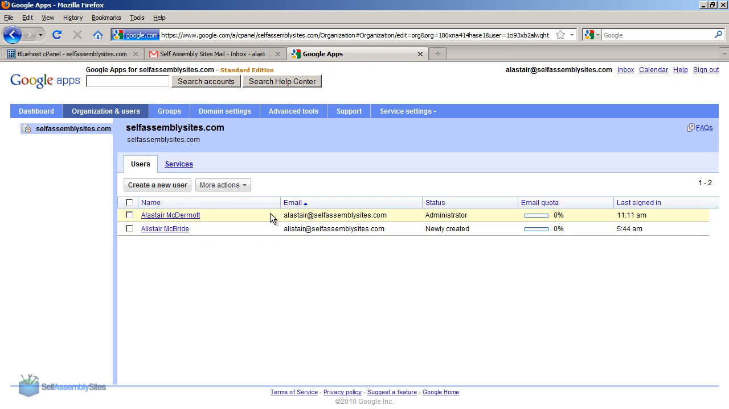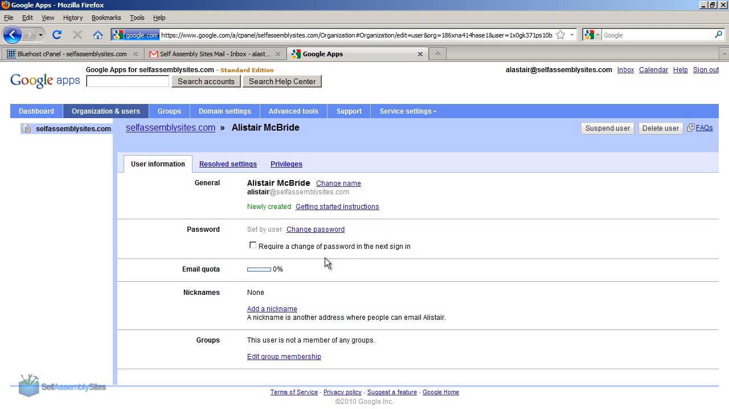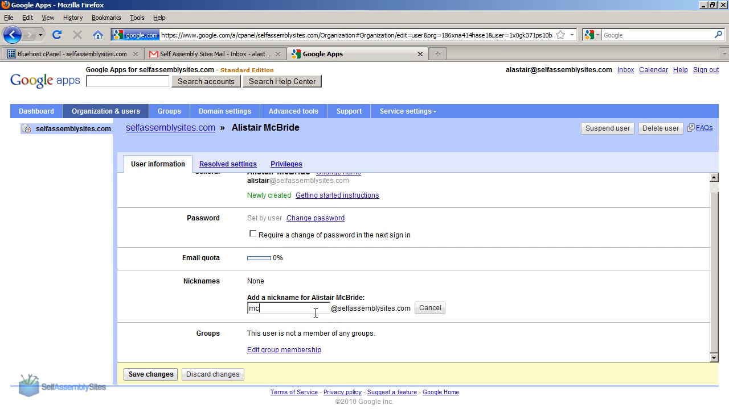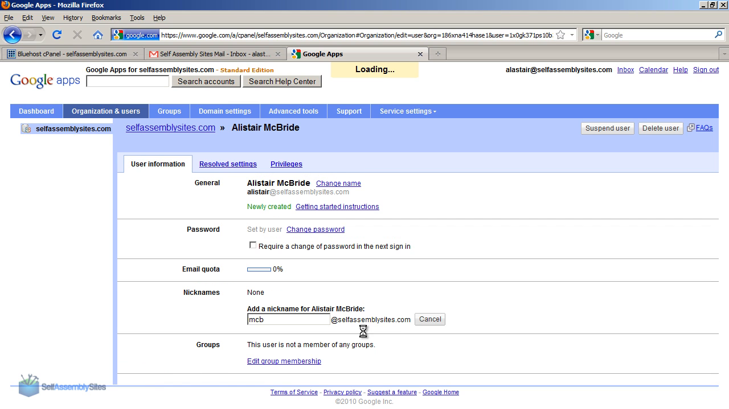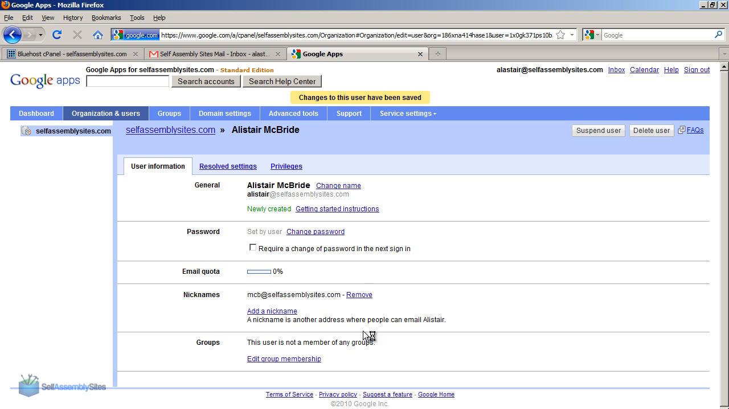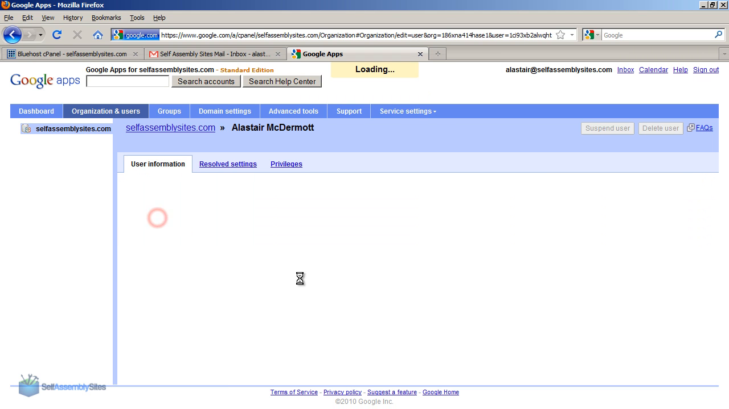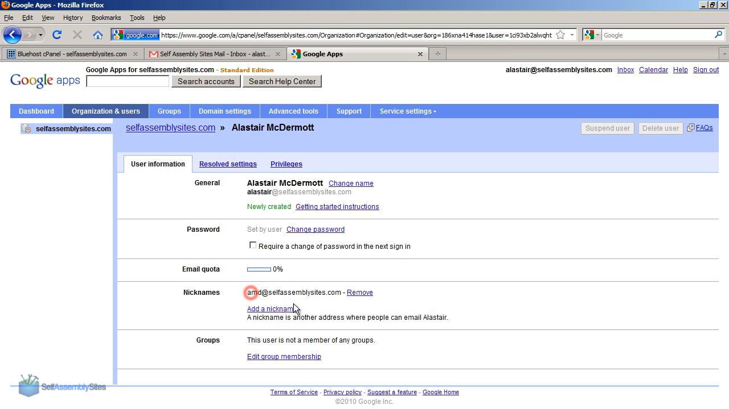I'm going to go back and edit Alistair McBride, and for him I'm going to add MCB for McB. So those are two different sounding nicknames. Now we have two different users with different nicknames, AMD and MCB, so that we can use those as well as a shortcut. And what that means is that any email that goes to